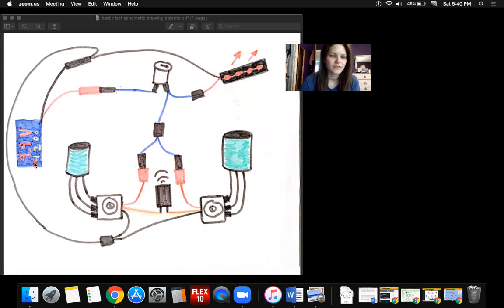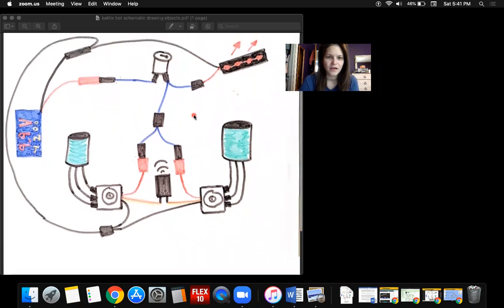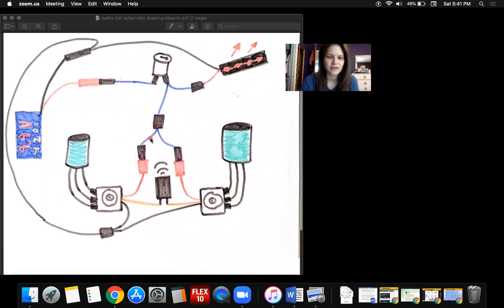And then we've got our motors, which are connected to the motor controllers. Two of those, one on either side. And then we've also got our key switch, of course. There's the LED light that we need to have as an indicator for when the robot is on. And then we have the power going into the motor controllers and then back out of the motor controllers and